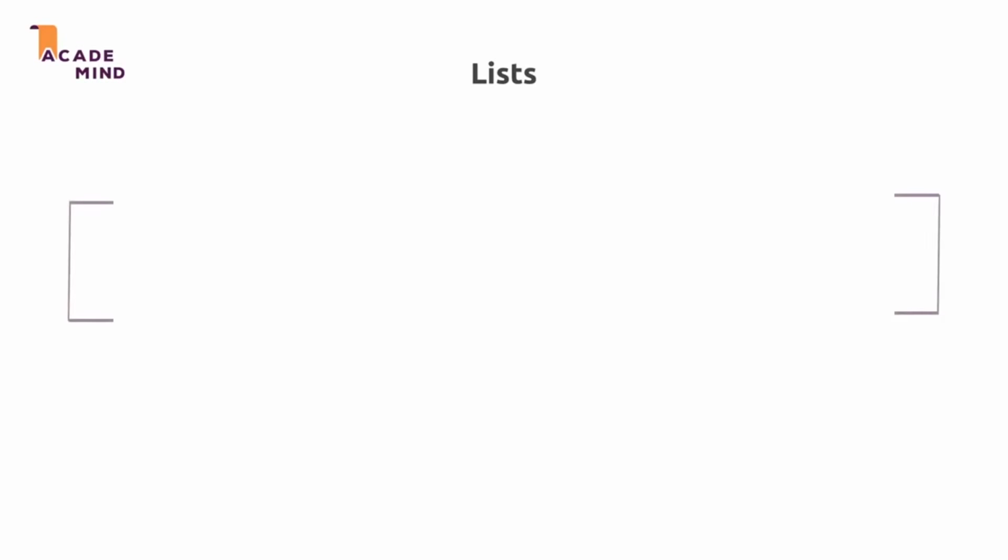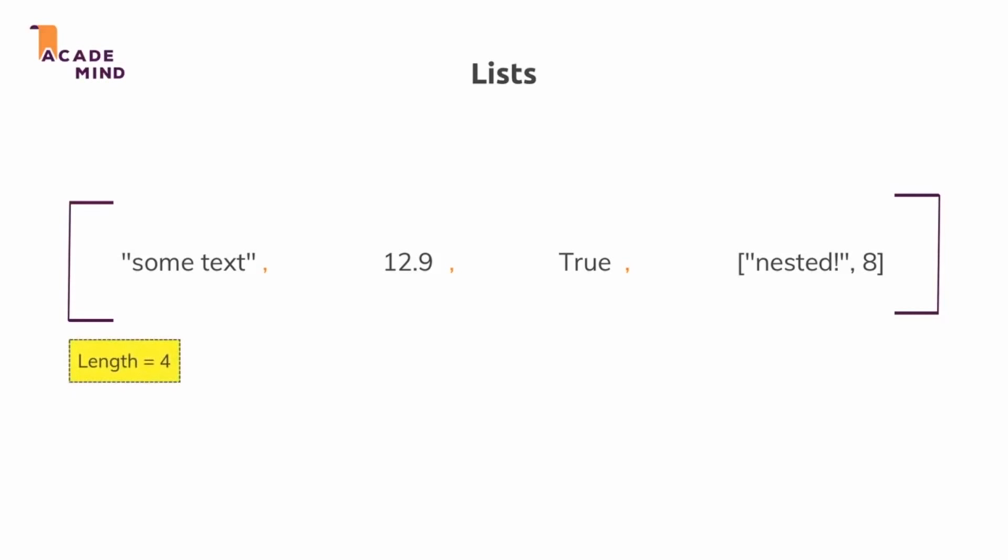A list in Python is created with square brackets. You might know it as an array in other programming languages. A list holds different values. They can be of the same type, so it can be a list of numbers or text, but it can also be a mixed list, like this one. This list has some text, a floating number, a boolean, and even a nested list, which in turn holds some text and a number. Important, the elements in a list are separated with commas, and a list in Python has a certain length which we can get from it. In this case, it would be 4. This gives us the information about how many values are inside of a list.